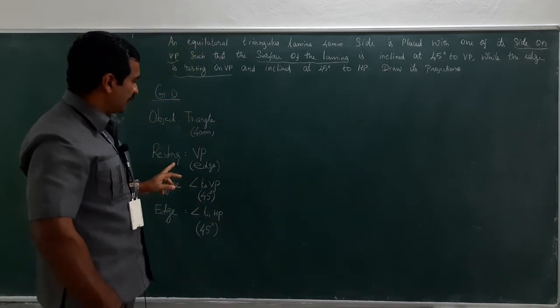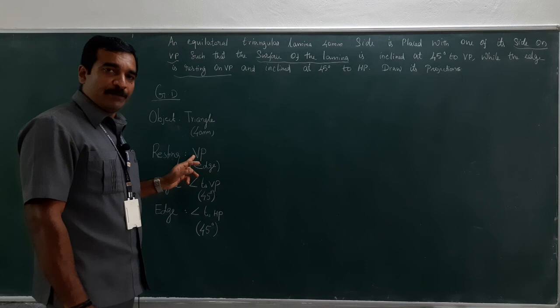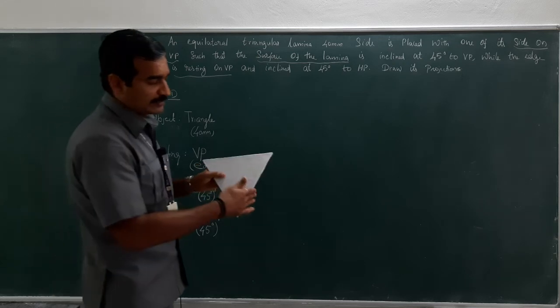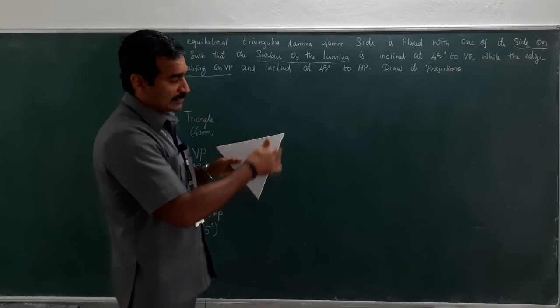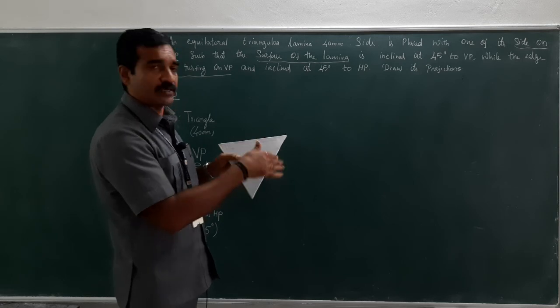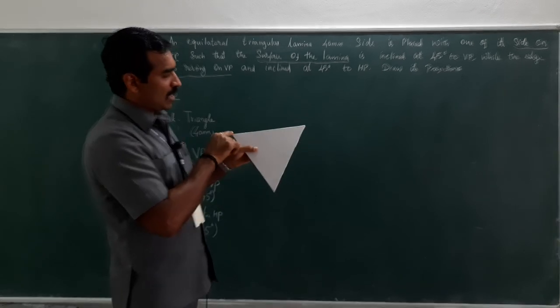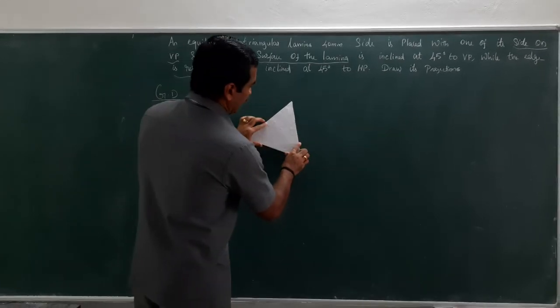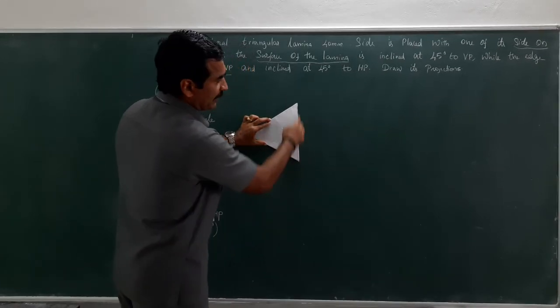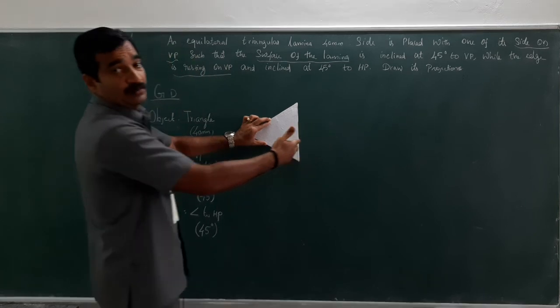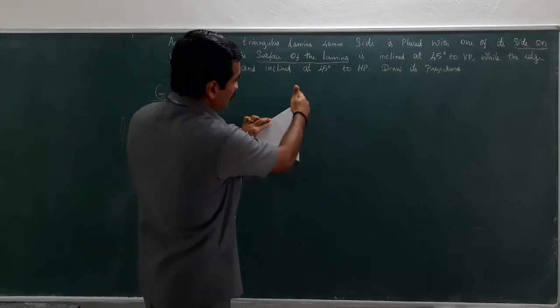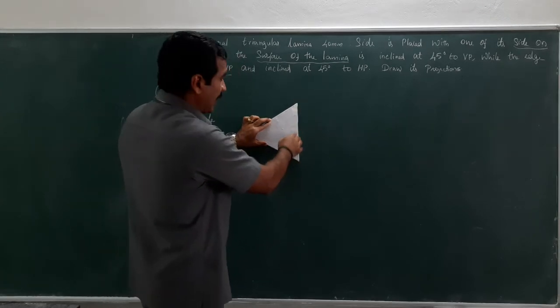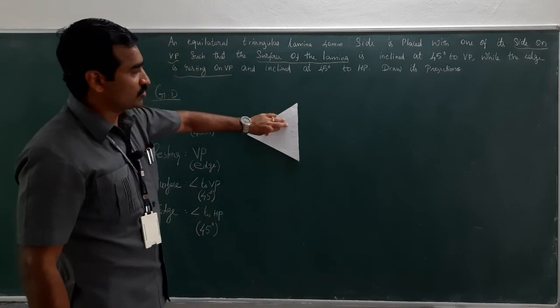Here, how is it resting? It is resting on VP with edge. This is called edge. These are edges or sides. These are corners. It is resting on VP and the condition should be kept on the right hand side. So this is your right hand side, right? So the condition is kept on your right with edge. This is how it is resting.